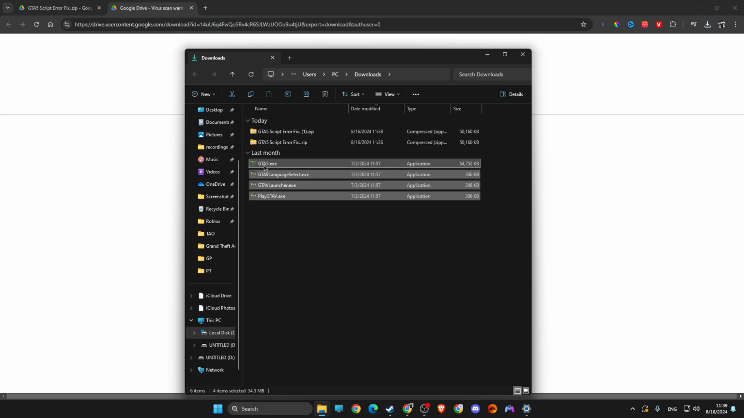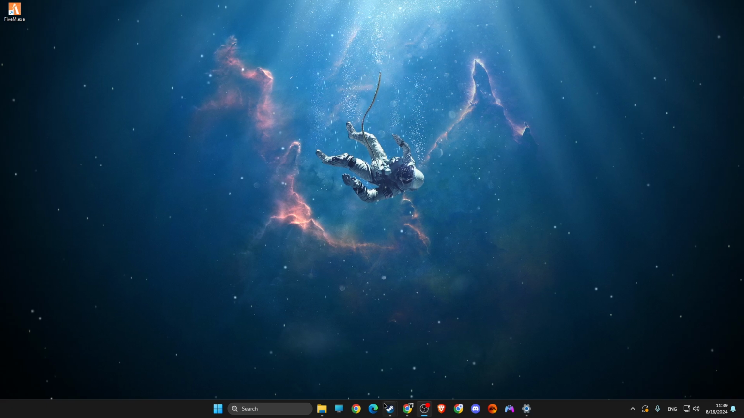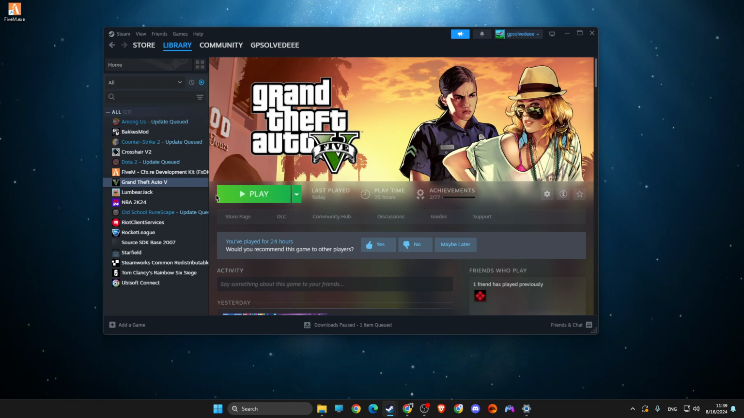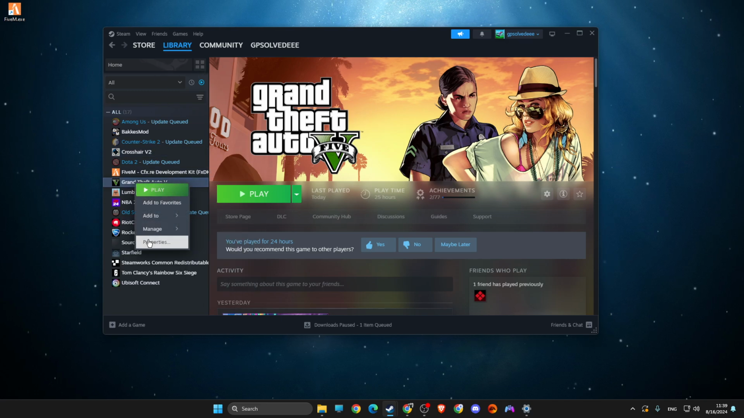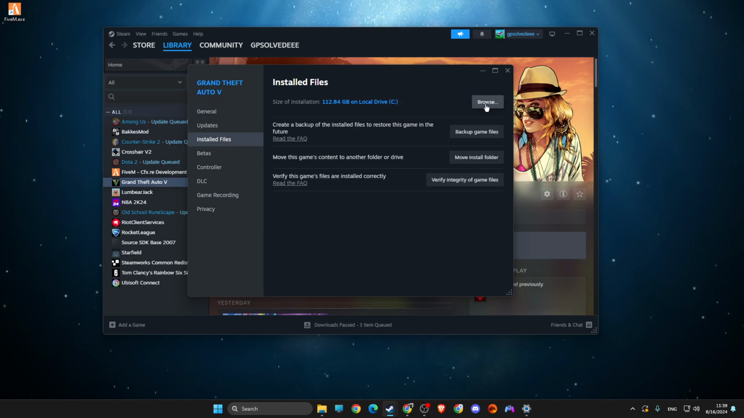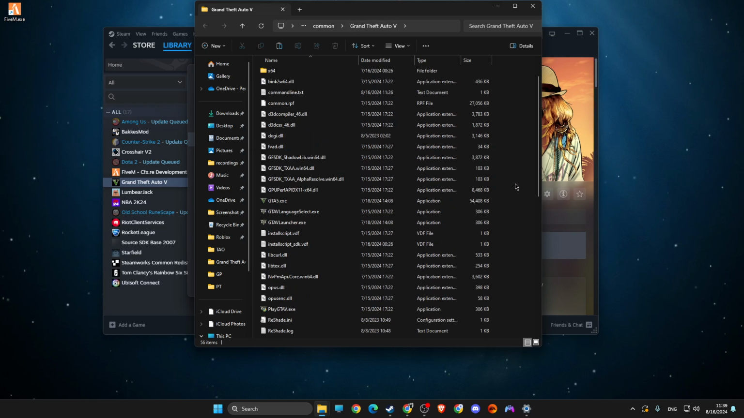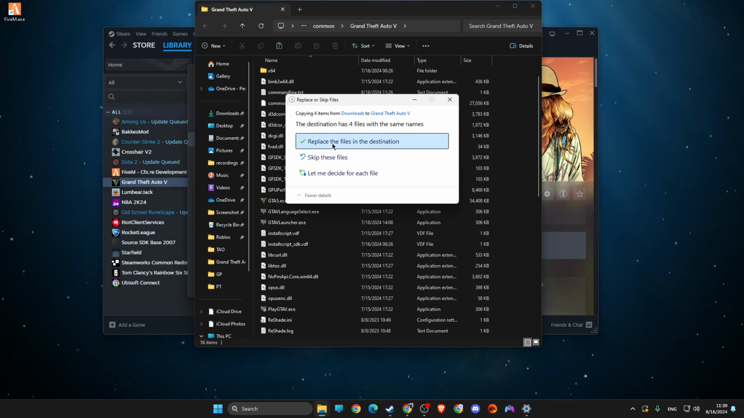Control C, and then go to your GTA 5. I'm using Steam, but it's quite easy to find it. Just go to Library, GTA 5, Properties. If you're using Epic Games, basically it's the same. Install files, browse, right? And then in the file directory, just press Control V and replace the 4 files,